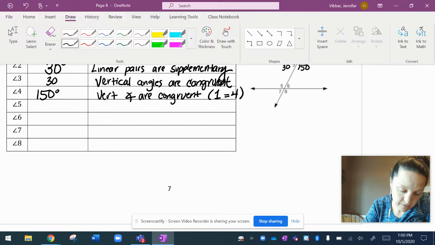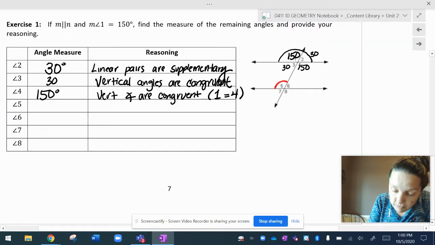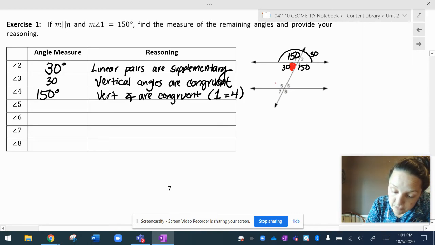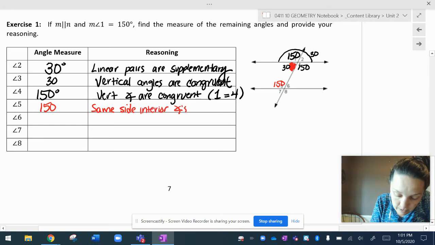So now I got to look at 5. What is 5 going to be? Well, we have two choices here. Option 1 is to say, well, if I look at 5 here, 5 is on the left-hand side of the transversal with 3. These angles would be same side interiors. That would make them supplementary. So if 3 is 30, then 5 is 150 because same side interior angles are supplementary